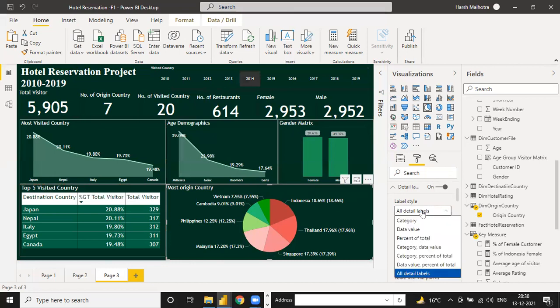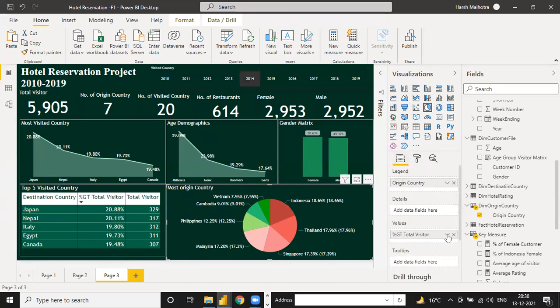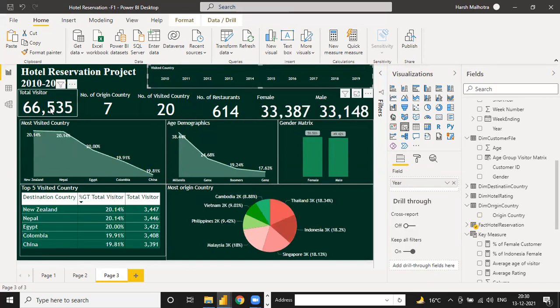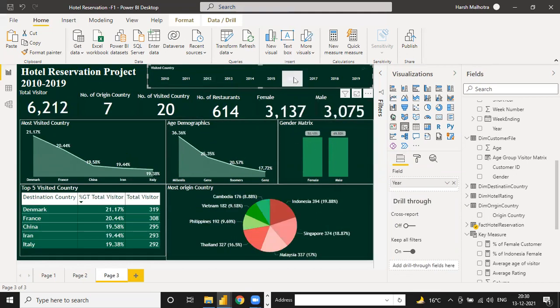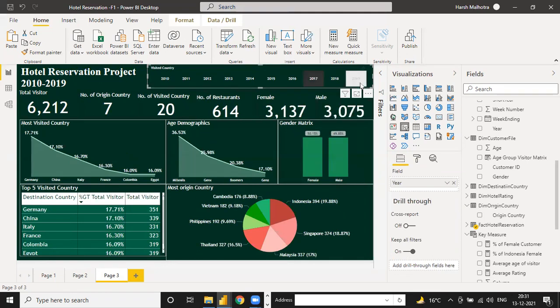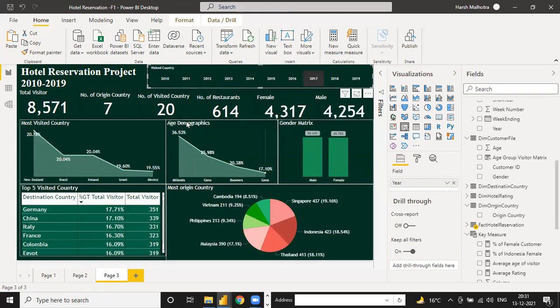But if you select this, why is it all percentage? Go to this, here I select GT of total visitor, show value as no calculation. So here the value is 119, and here is a percentage, it is automatically changed. So total value you have, and if you change, suppose, the year, completion year, see 66, 535, and see it is all changing together. Select 2012, now all the data should change for all, like female and male. 2016 you have, see the value is changed. In 2017 also this value will change.